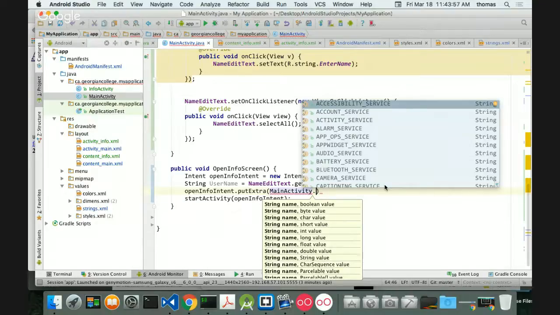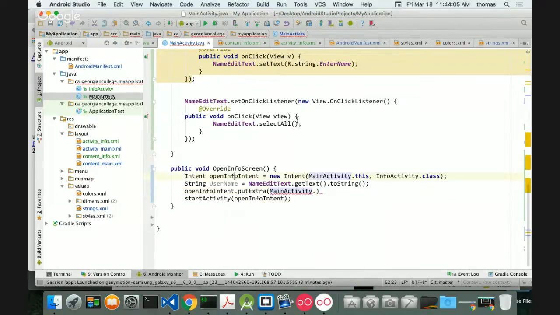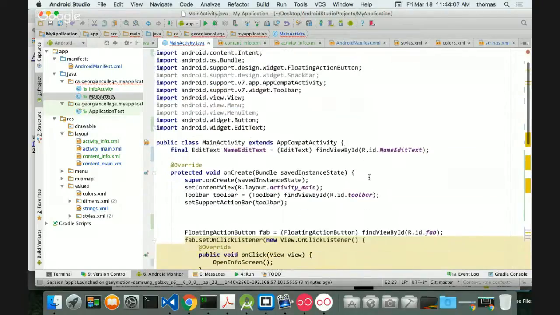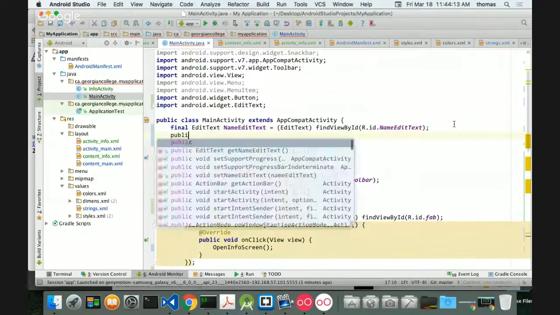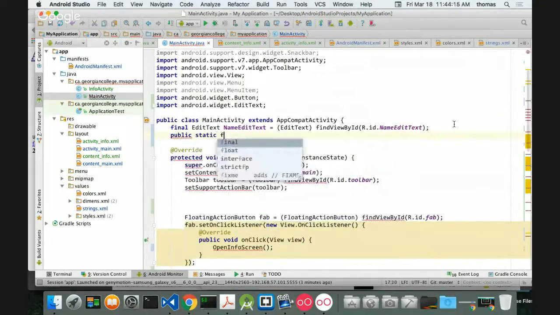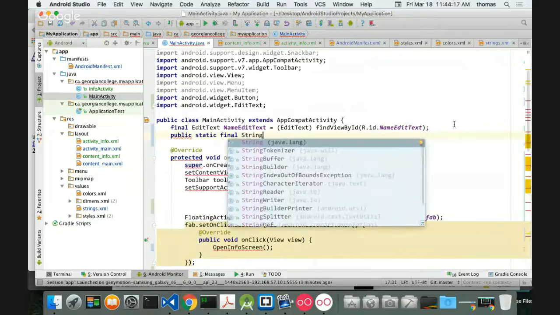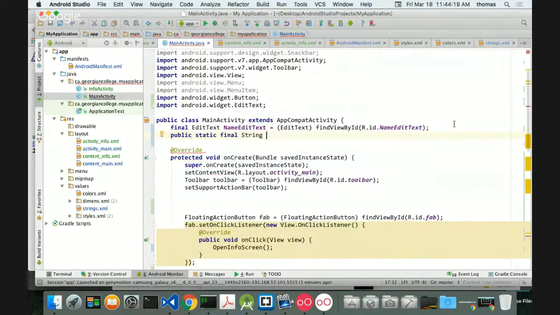Oh, I see what they did. Sorry, one more thing we have to do before we do this. You're right, Rich. Here on the top, right? What we have to do is we have to declare a bit of a string. So we're going to say public static final, a string that we're going to use, which is going to be called the name info,